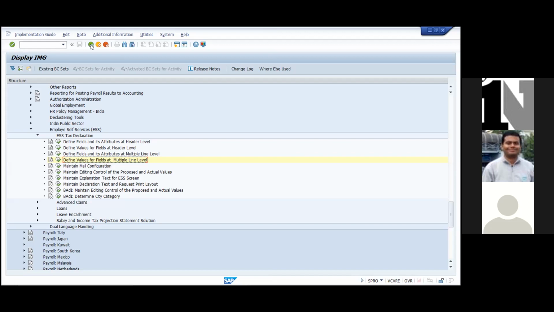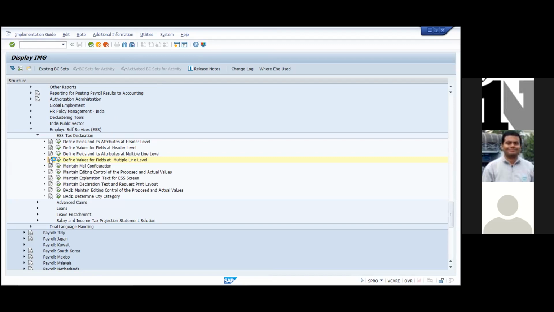Now just click that help button, the help file where the documentation is maintained, below the execution button. I would recommend you go through all of this, the IMG activity information.